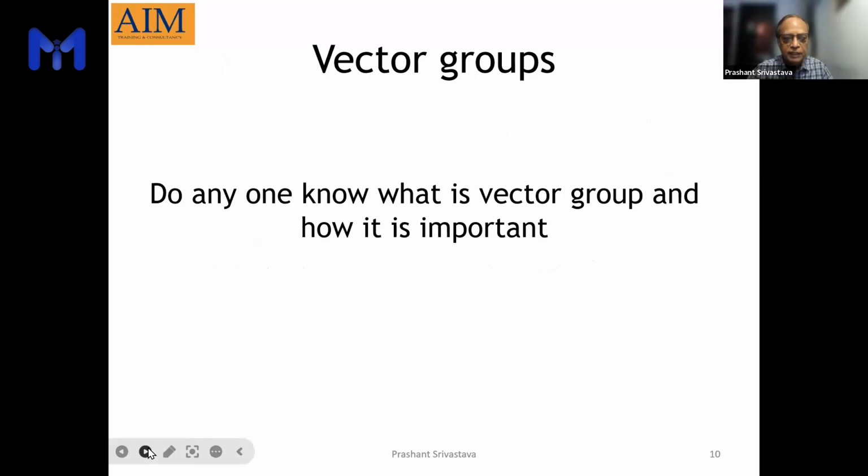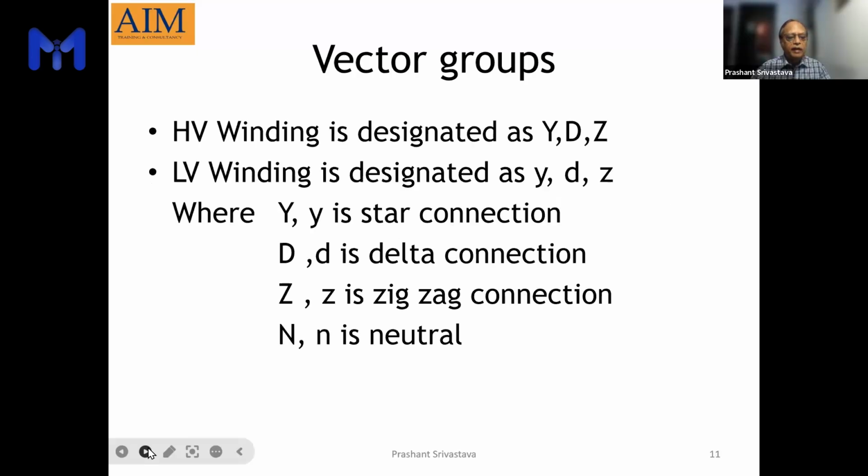So the question is, many times people have asked me what a vector group is, what it means, how it is represented, and what the implication of the vector group is. So I would like to dwell a little bit upon the vector group. You must have seen the vector group written as Dyn11 or something like that. Next, please. Vector group basically means that